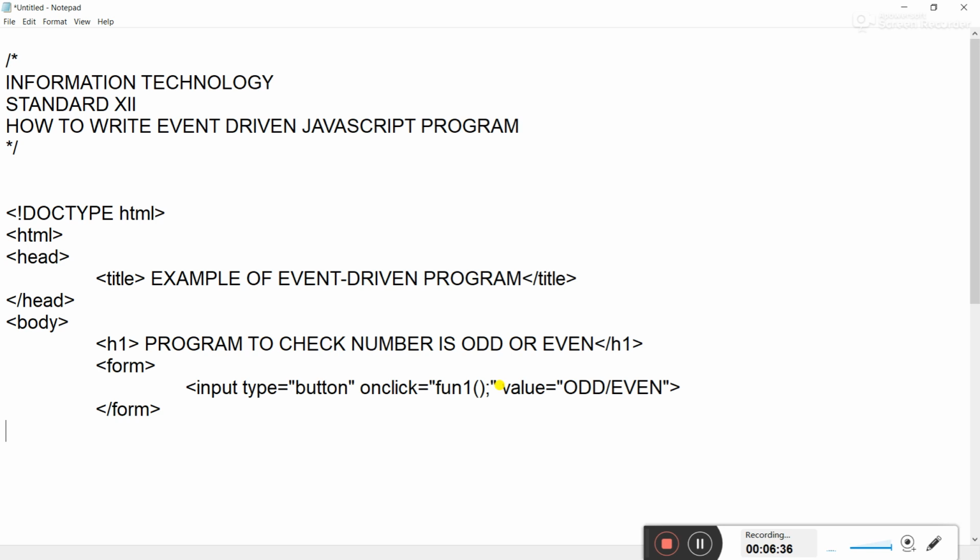Function is going to be called when it exists. So the function does not yet exist, so we are going to create a function. To create a function, we require a script. Correct? So after this we will write a script tag. After the script, we use type is equal to text slash javascript. Correct? Every javascript program, you need to write script type is equal to text slash javascript. It is not compulsory, but if you write it, it is well and good.